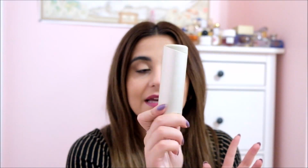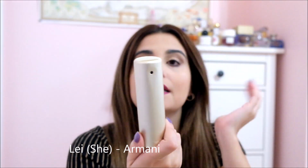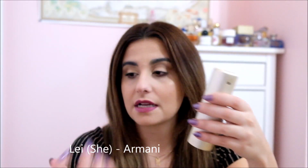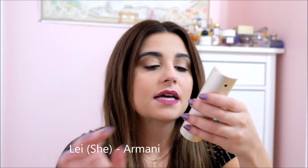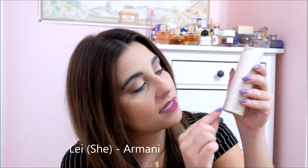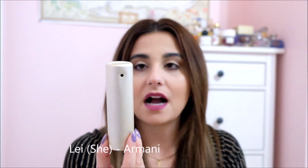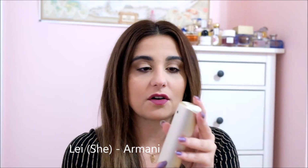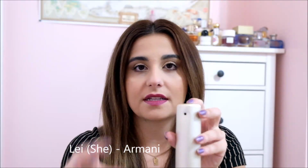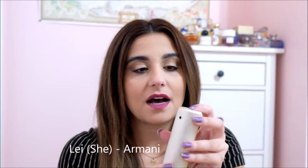So this is what it looks like. It looks completely like the regular bottles. The only thing is it has a nondescript box, and on the back there's a sticker that says tester, but that's it. And this is what it looks like. It's very sleek. It kind of looks like a foundation bottle, honestly, or a serum skincare bottle. And there's a men's version that's, I suppose,